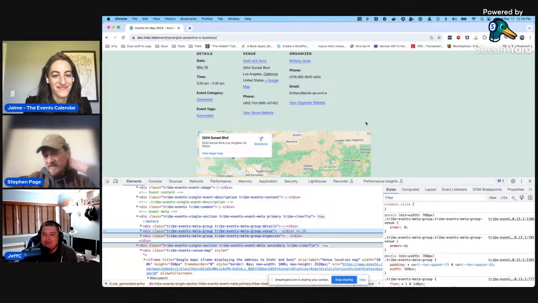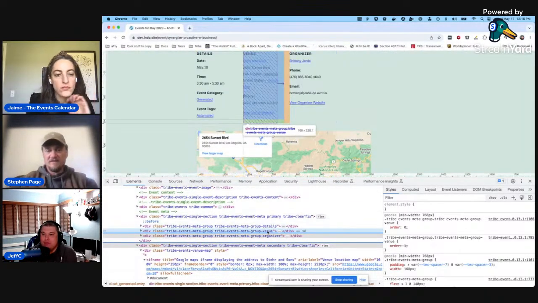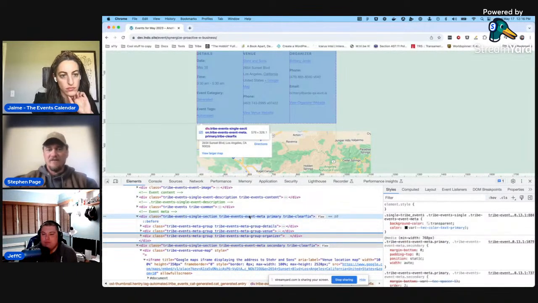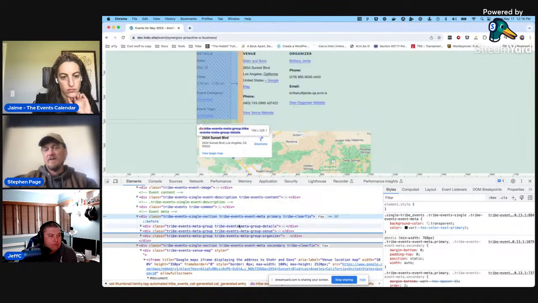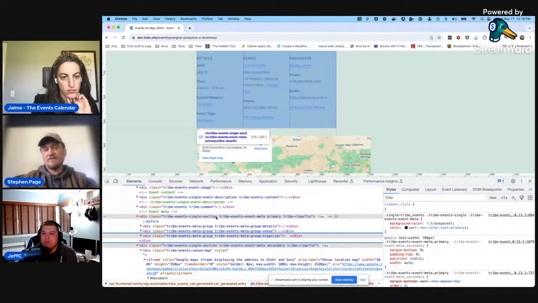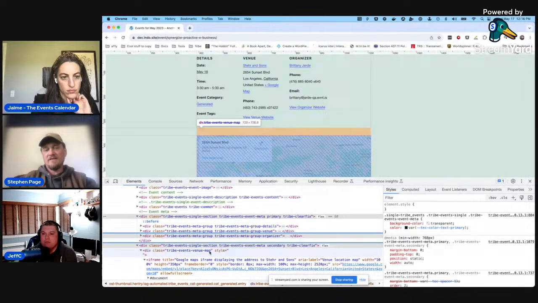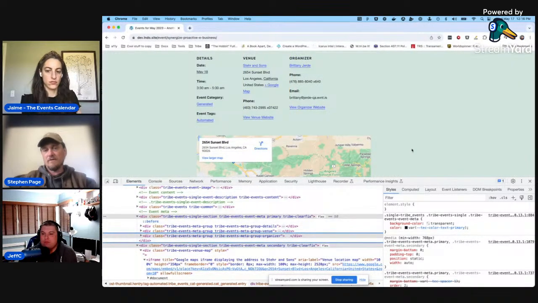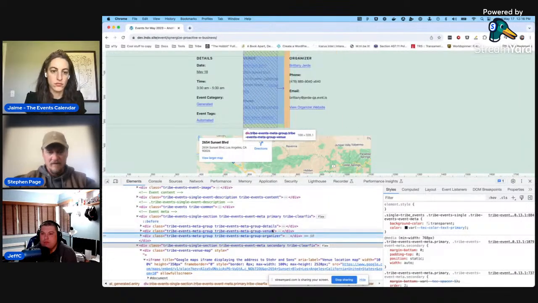Yeah, that's a pretty straightforward one, where each template calls subtemplates. So this event meta primary template is going to call for the details and the organizer, and then the secondary is going to call for the venue. And so we just go into the secondary and say just call for the map, don't call for the venue, and go into the primary and say go ahead and call for the venue as well. And I'll get them out of order, but